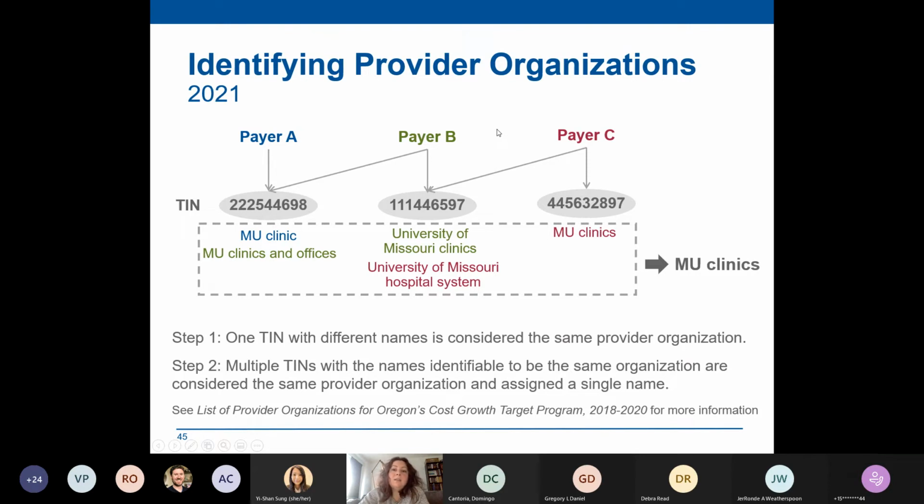So in that file, you can see the list of provider organizations. You can see the number of member months that have been attributed across all of the payer data submissions. And we have about 50 organizations on the list statewide. I want to talk a little bit less about who all is on the list and what that all means, but talk more about what we're going to do next. So next slide, please, Johnny.